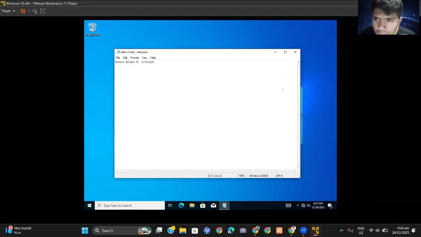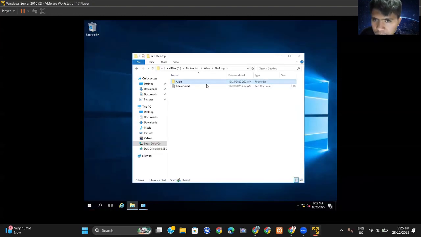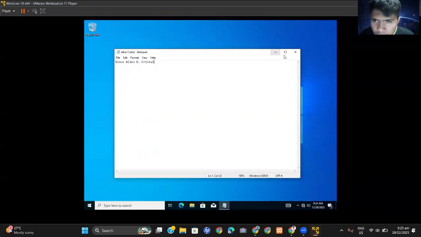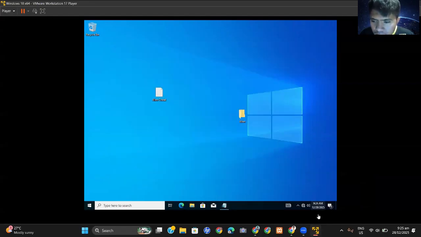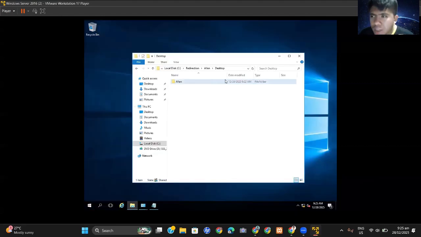Then save it. Then as we go back to the server side, we can fully see that we can add it here. So the admin can change it here. So with Allen, then save. Then as you can see, in here it is successfully connected. Then again, once you delete it, it will also be deleted on the server. See, it successfully deleted.